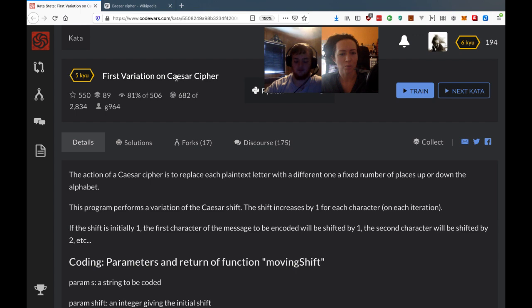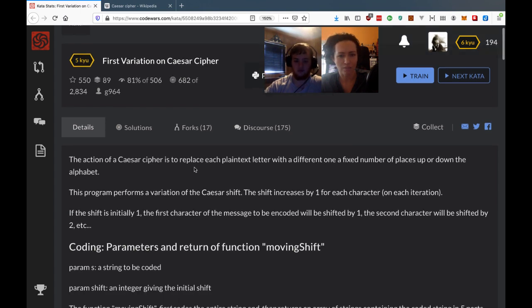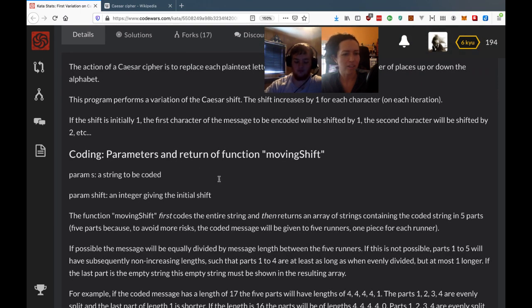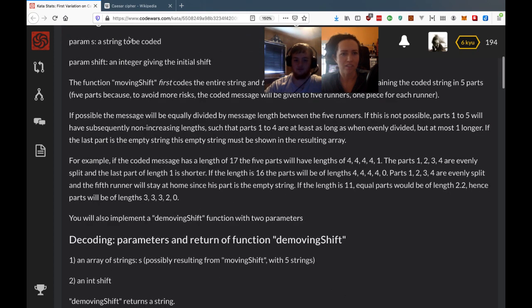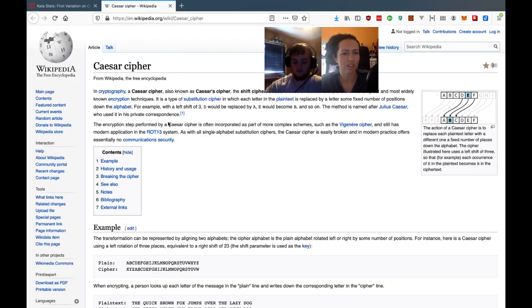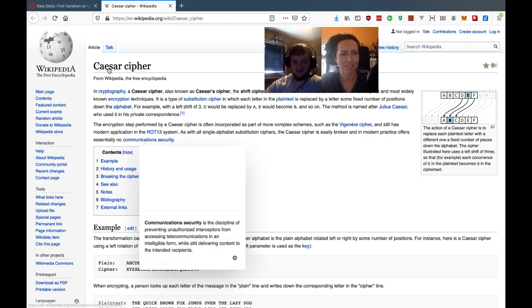If you want to know more about Caesar's Cipher, somewhere in the description here, it's linked to this Wikipedia Caesar Cipher. You can read about it. It's a very early cryptographic or cryptography algorithm, basically.